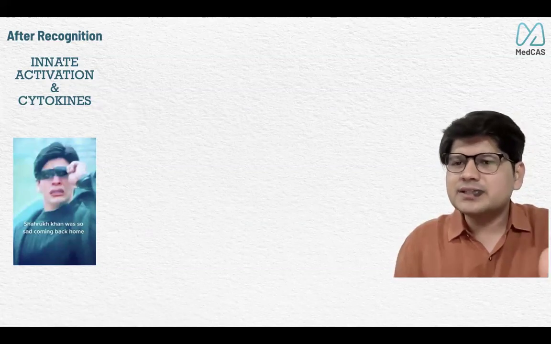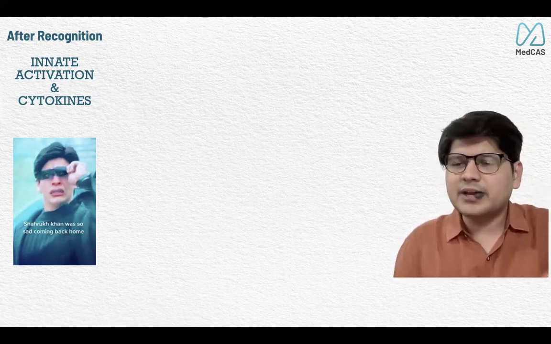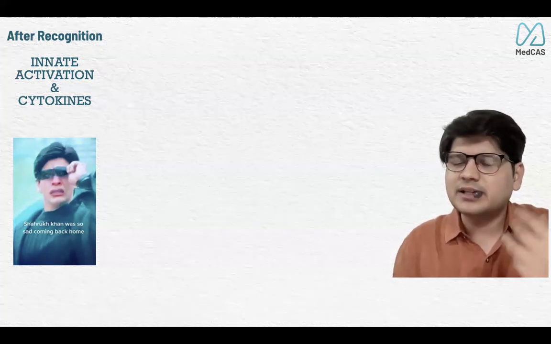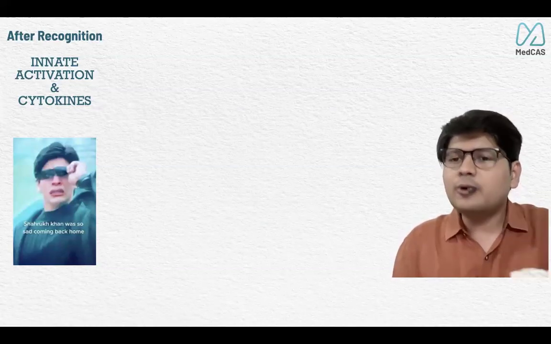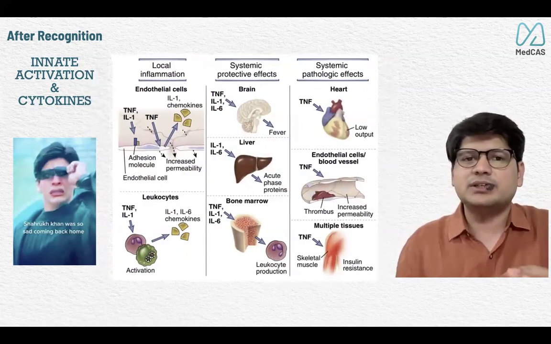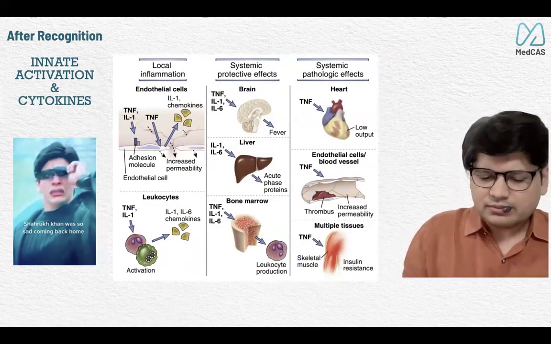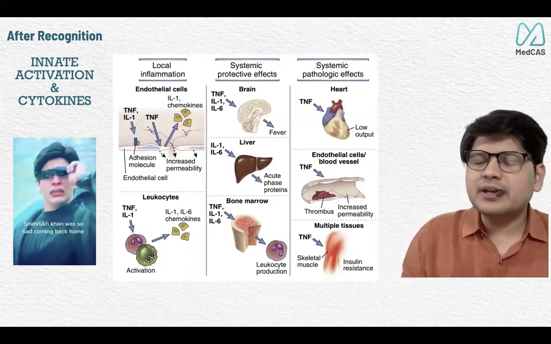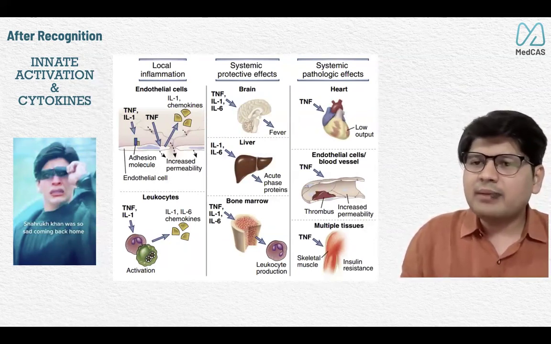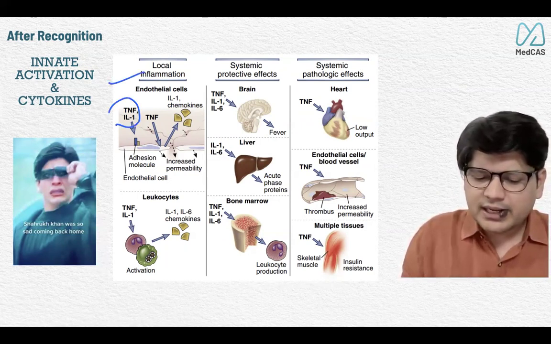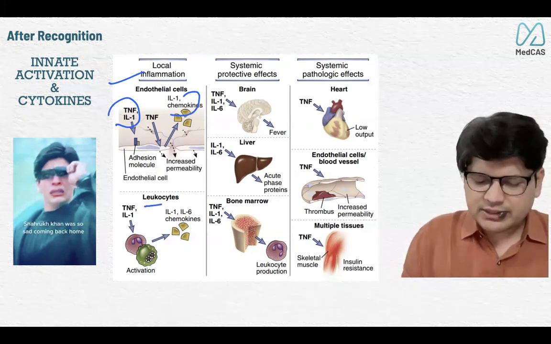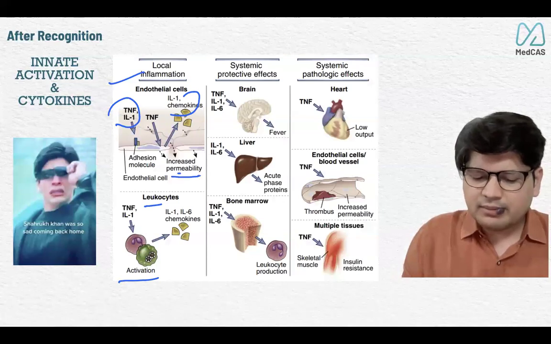See, our first year of residency was mostly spinal reflexes, right? If these are the findings, this is the likely diagnosis, this is the antibiotic I'll start, these are the investigations I will send. So what we have seen mostly in the first 6 months, without thinking about why it is happening, is this picture. Whenever the innate immune system is activated through PRR and PAMP and the signaling pathway, there is release of cytokines like TNF, IL-1 and chemokines, which lead to leukocyte activation and increased permeability.